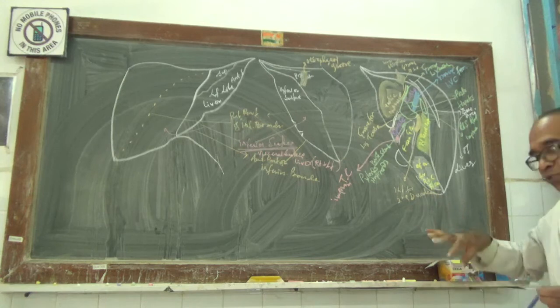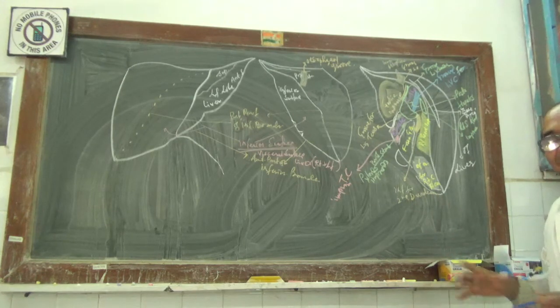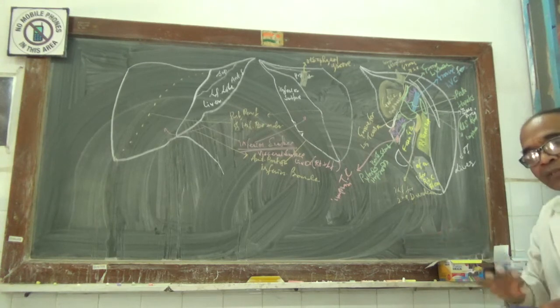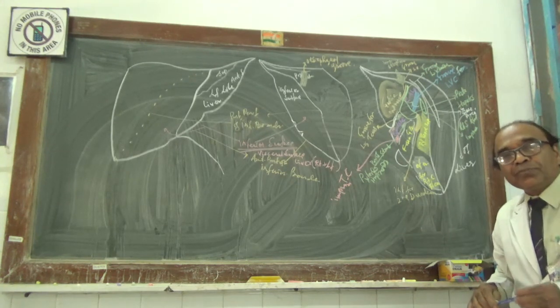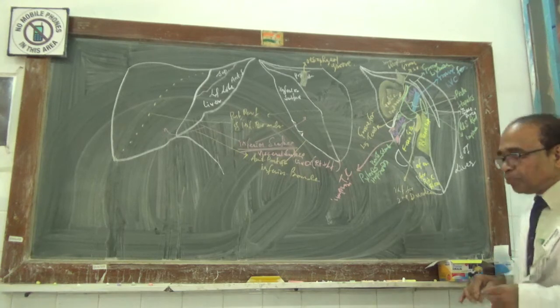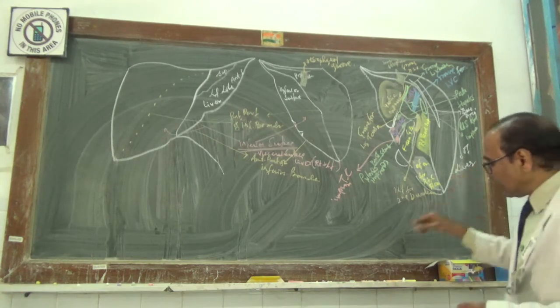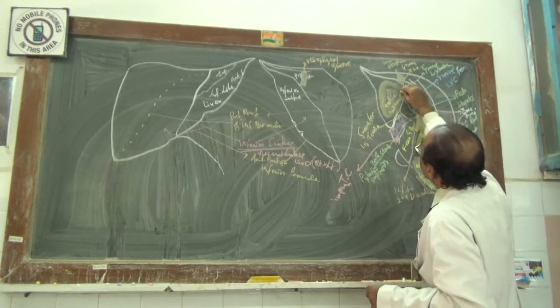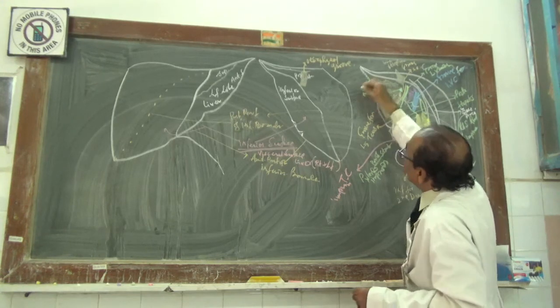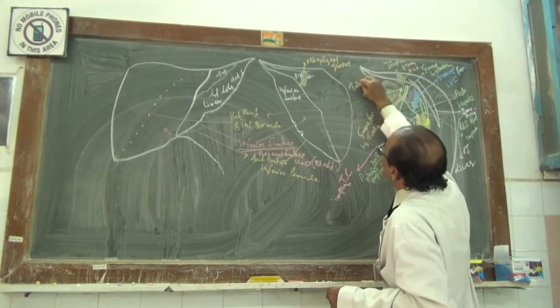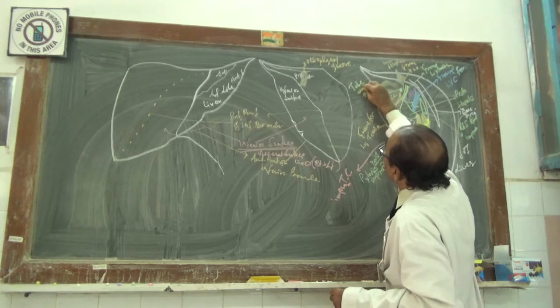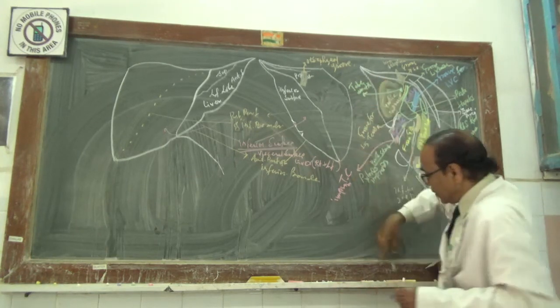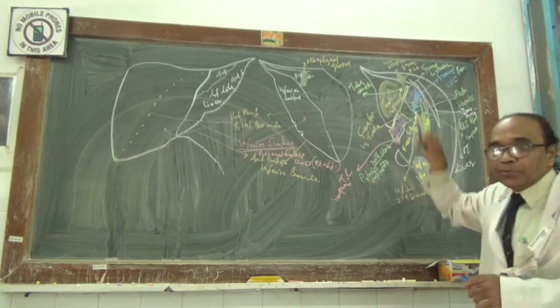At a point it will have depressions. At a point it will have a groove. At a point you will have not-so-well-formed impressions, and at a few points it will have a raised point. Now that raised point you have here is called the tuber omentale. So this will be the tuber omentale.